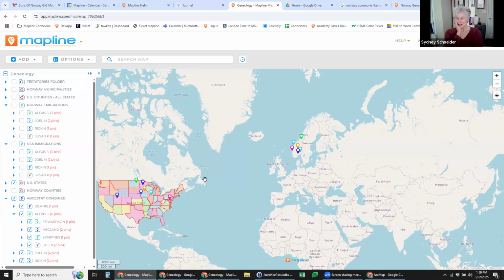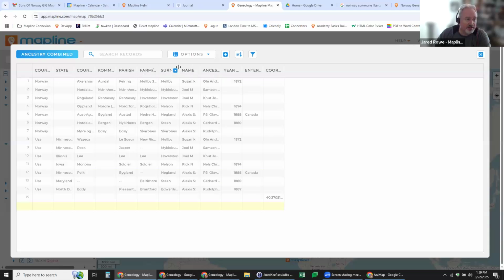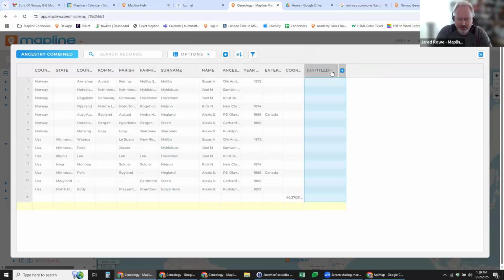You could absolutely show both if you wanted to within MapLine. Again, it's entirely up to what your group wants to do. But if their Norwegian surname is here, and then you wanted to have a column that told them what they changed it to, and maybe even the year they changed it, depending on how much data you have, you could pull in